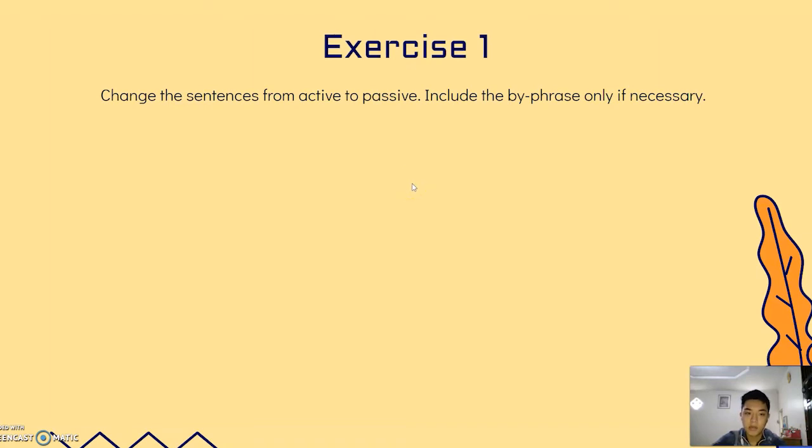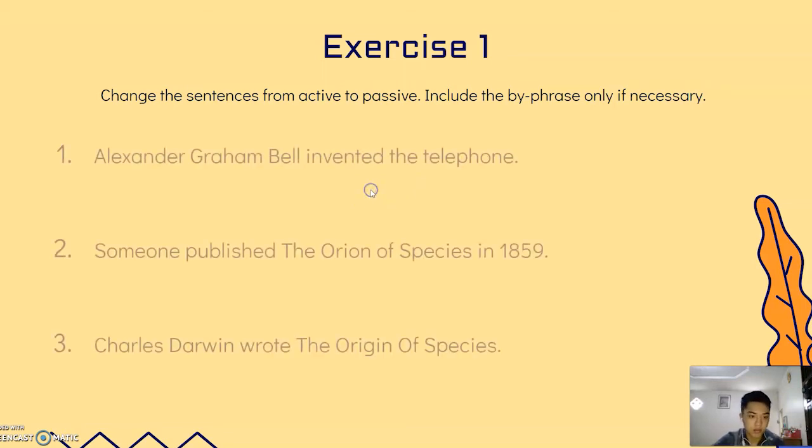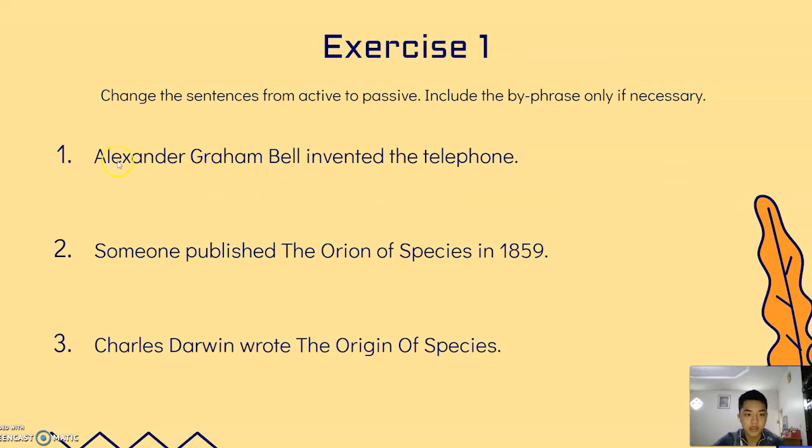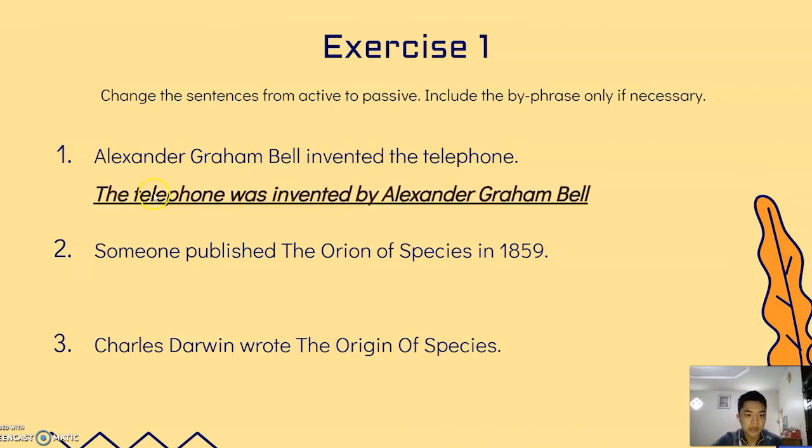In exercise number 1, we're going to change the sentence from active to passive and include the by phrase only if necessary. So these are the active sentences. Number 1 is Alexander Graham Bell invented the telephone. The passive sentence is The telephone was invented by Alexander Graham Bell. Here we include the by phrase because it's necessary, because we need to know who exactly did this